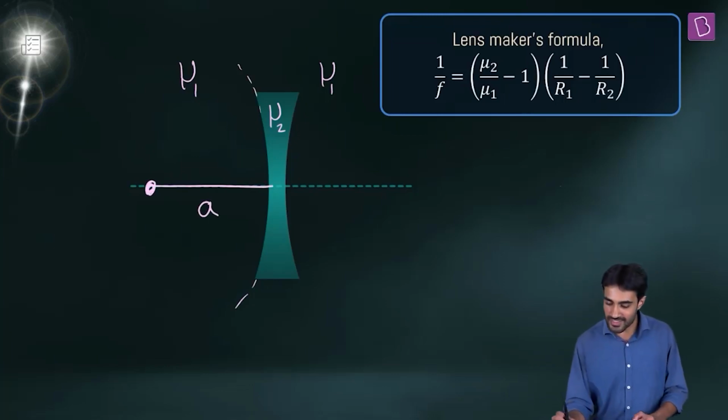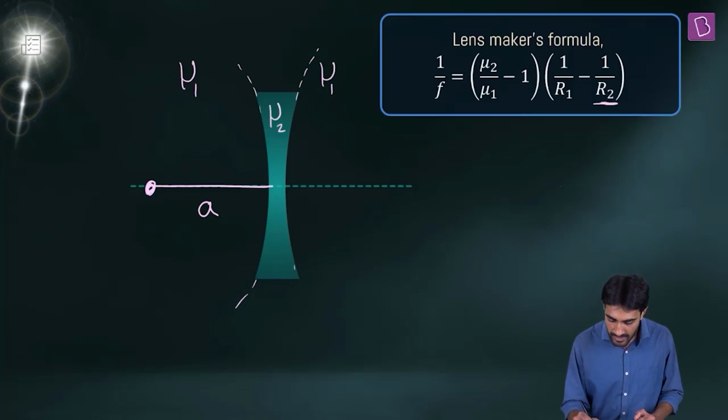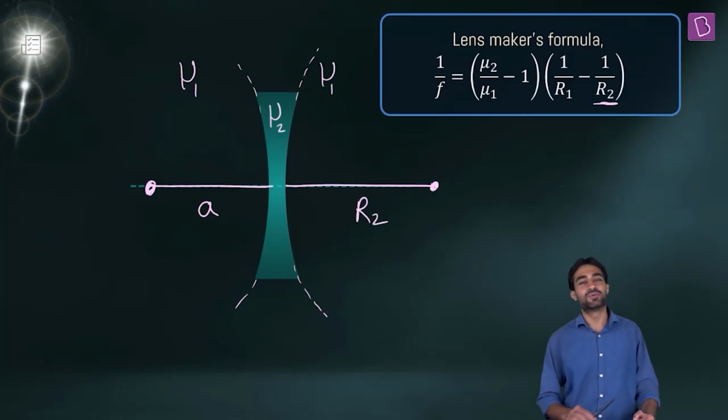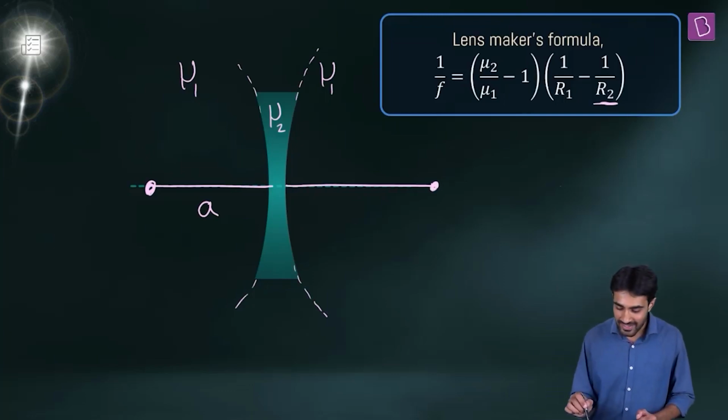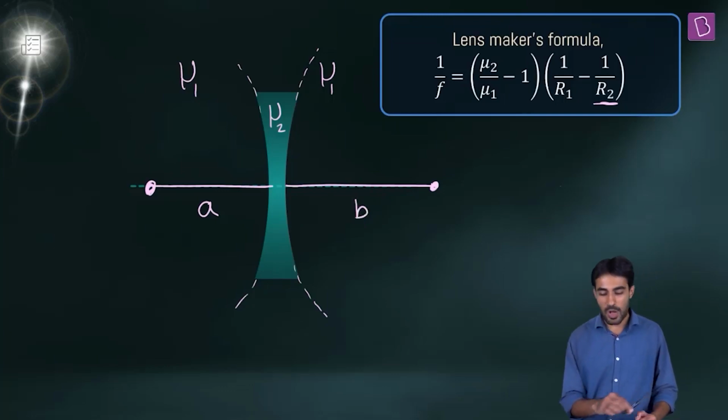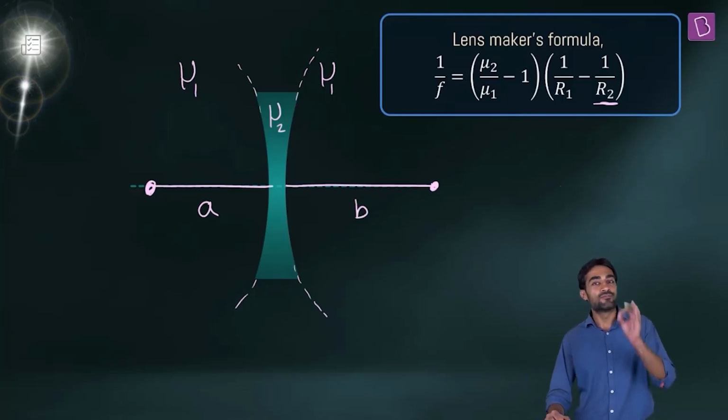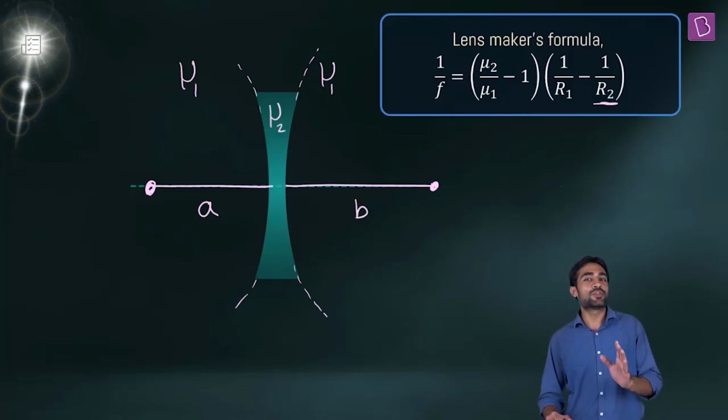And what is this R2? R2 is the radius of curvature of the other surface. This is R2. Got it? Now let's call this length b. Now let's really apply this formula and find out whether we are getting the positive value of f or